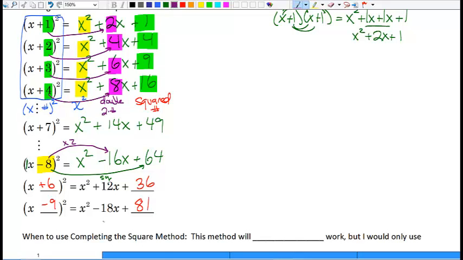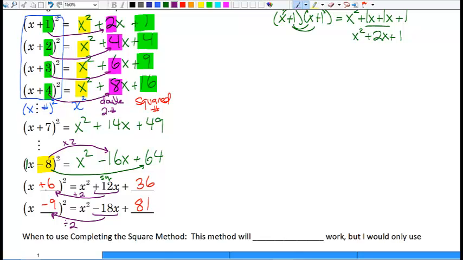Most students at this point will say, well, they took this middle number right here and they divided it by 2 to get backwards. Remember we said it was double? The number was double to get the middle term? Well, if you already have the middle term, to get backwards, you would have to divide by 2. Did that work for the other one? Certainly it did. So we took the number in the middle and divided it by 2 to get the binomial